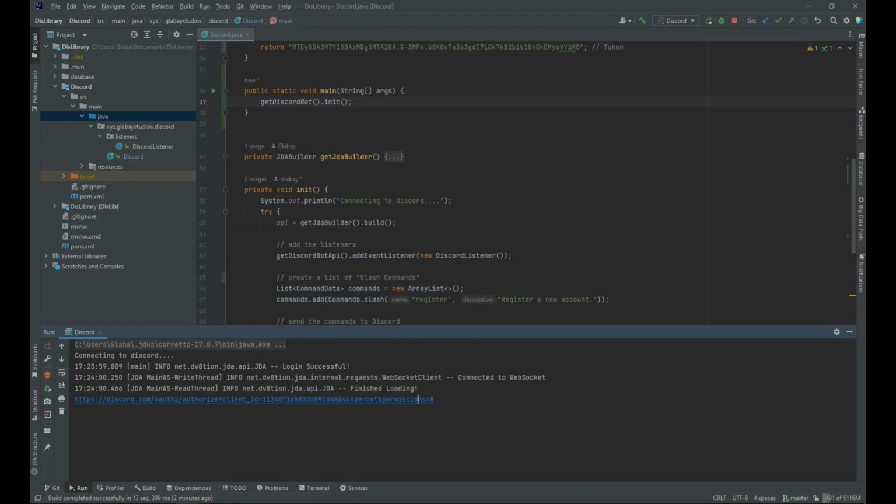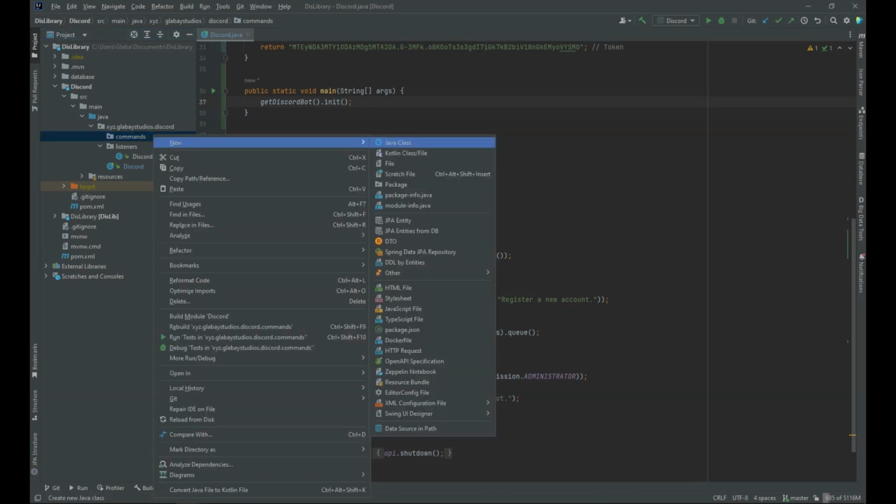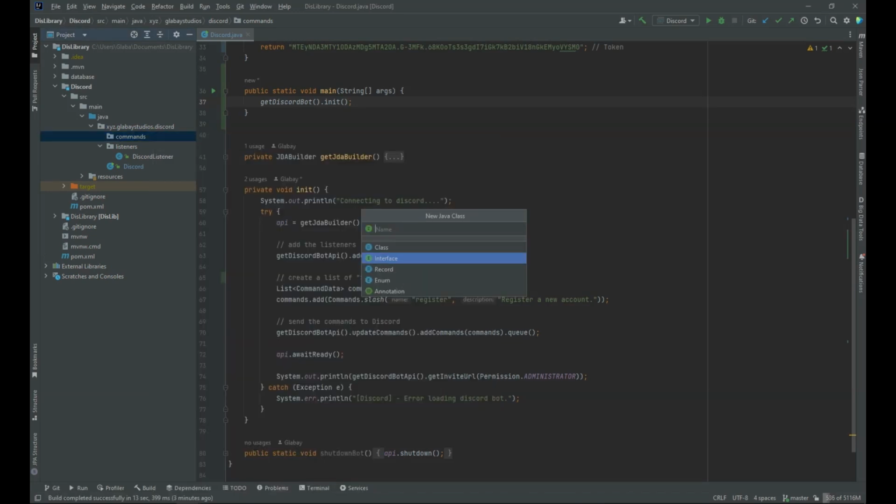Alright. Let's go in here now and we're going to look to create a command. In this case, let's go ahead and make a package. Commands. There we are. Now inside of here we are going to need to make a functional interface to handle the slash command. So this is just so that we can override a functional method. So we're just going to go ahead and call this